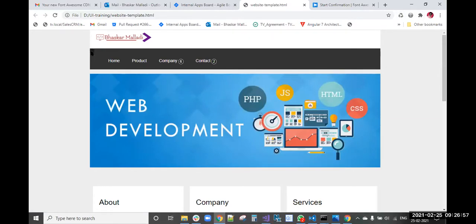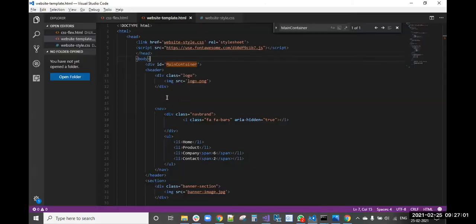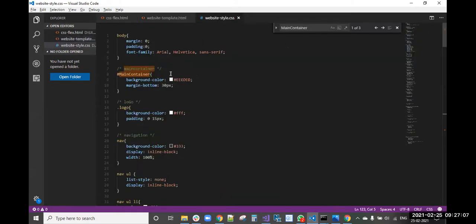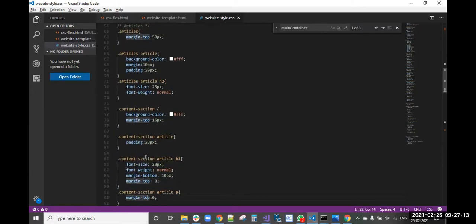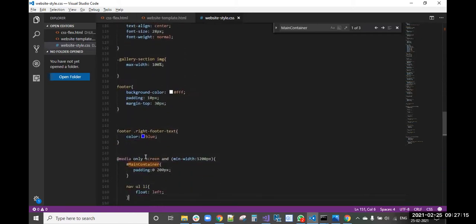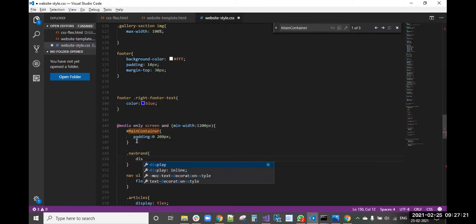So we got that. Here you can see that we got that. First, what we need to do is this nav brand, we need to hide it up to 1200 pixels. I want to hide that. Up to 1200 pixels we need to hide that, nav brand display none.